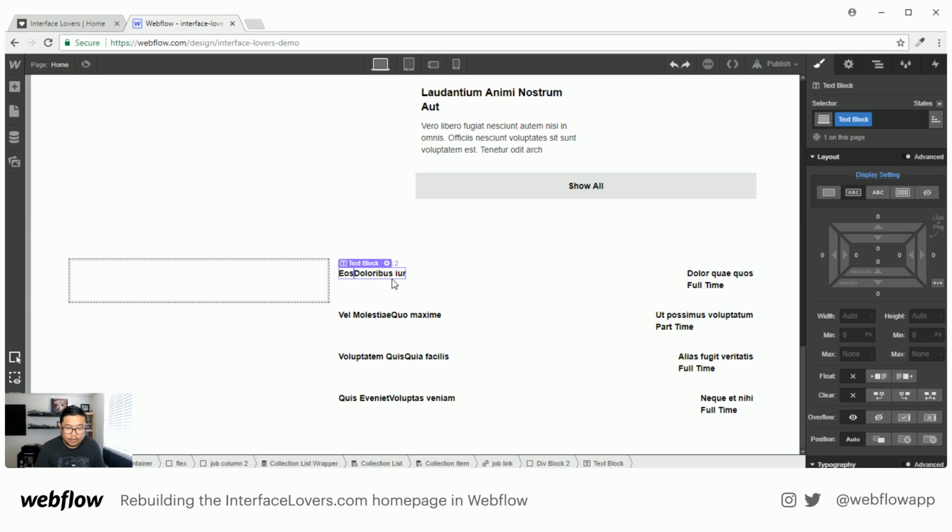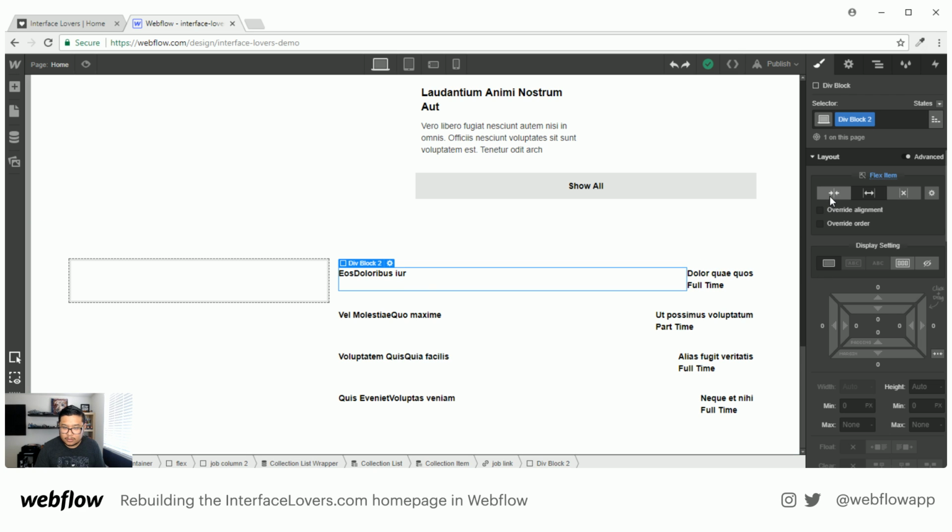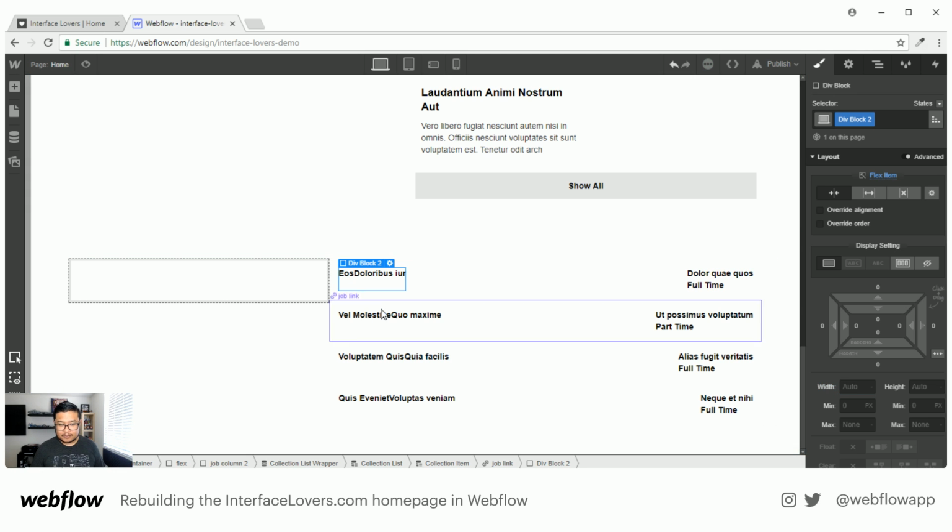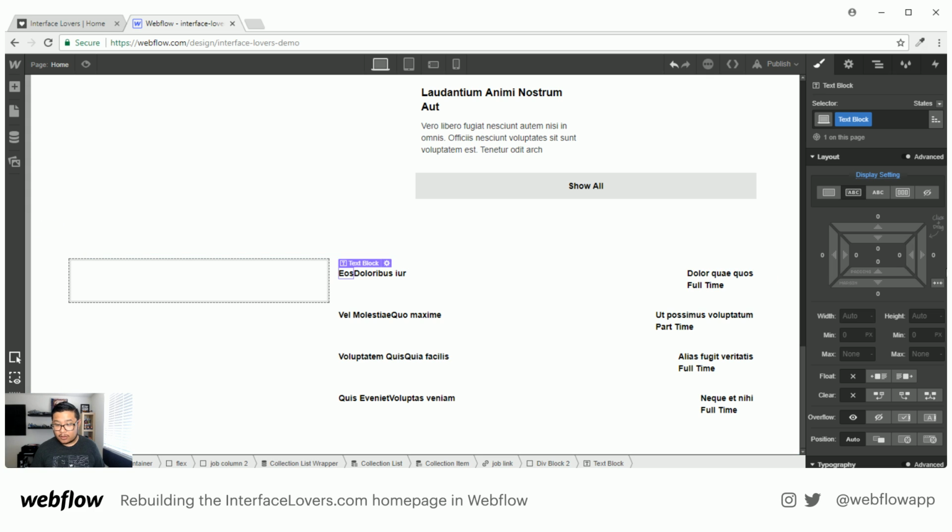So maybe this one, actually give it a width of, say, 75%, so it goes like that. What if it does this? 65%. No. Maybe this right here has a minimum width. No, they all have to have a width. So let's say